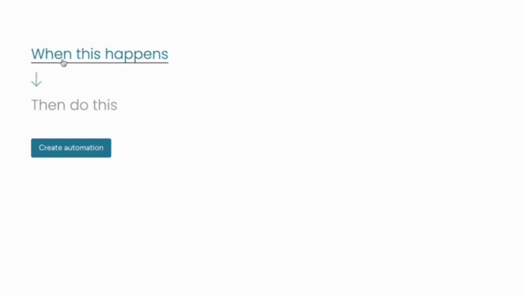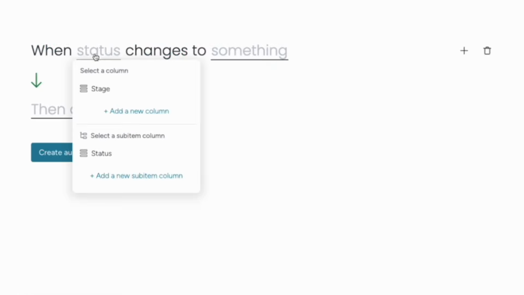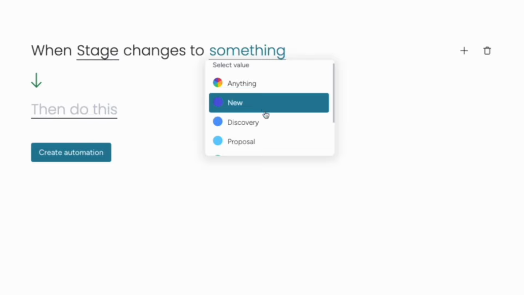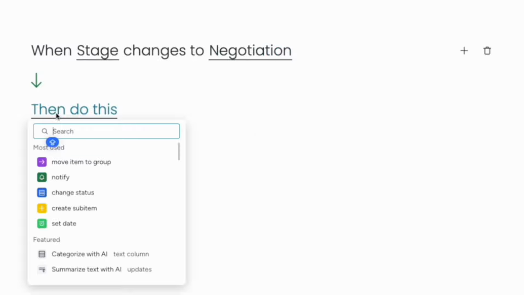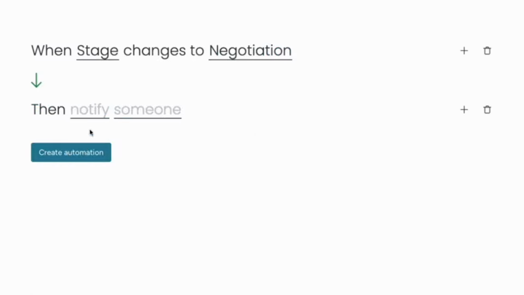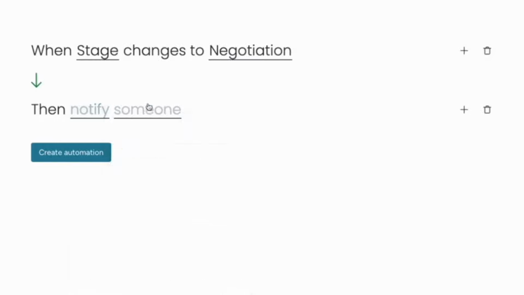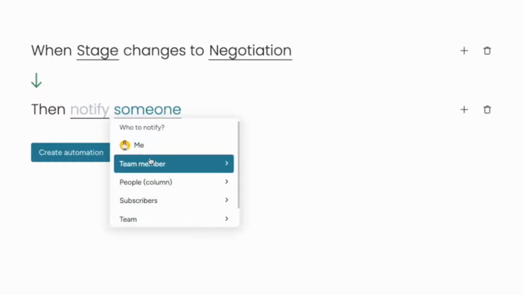So, for example, we can say that we want to take the status, the stage of the deal, and we want to say that when the stage changes to negotiation, then I want to notify maybe my manager. So I can write here the exact notification that I want. I can choose who is going to receive the notification. It can be someone,